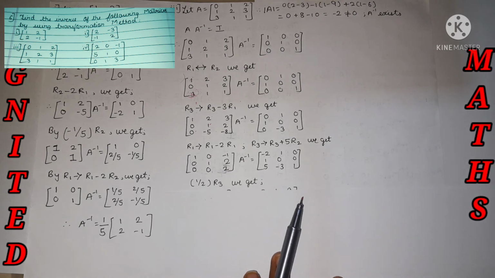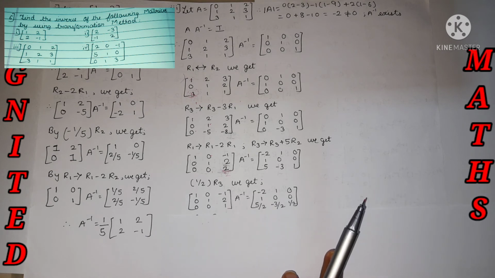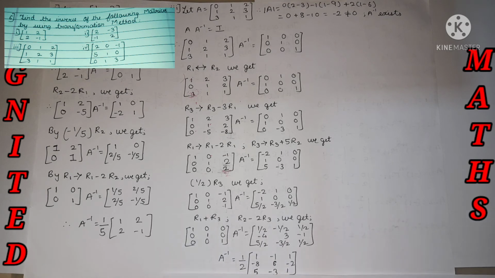So let's get started. First take this element, divide by 2. If we divide by 2, then we'll get the answer as 1. So 1 1, over here also 0. Now bring this element as 0. I have done the transformation like this and we got the answer. A inverse is nothing but 1 by 2 times the matrix. I took 1 by 2 as common, and that's nothing but the A inverse. By using the transformation we have got it. There is no restriction that we need to use only row operations; we can do it by column operations also.